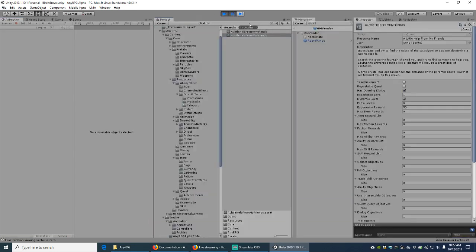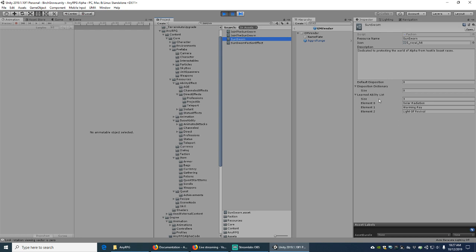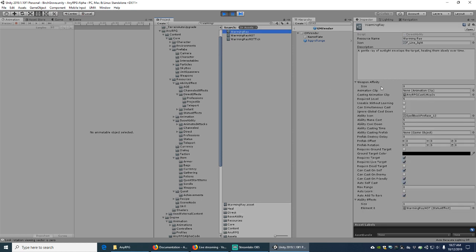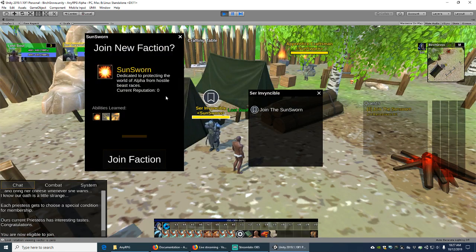So if we go back and we look at the Sun Sworn faction here. There we go. We got a learned ability list. So joining this faction will give us access to these abilities. It doesn't list the level restriction here, but if I type in Warming Ray, then you can see that this one has a required level of 5. And so that's why it looks a little bit grayed out there and says available at level 5. So we're now going to join this faction, and